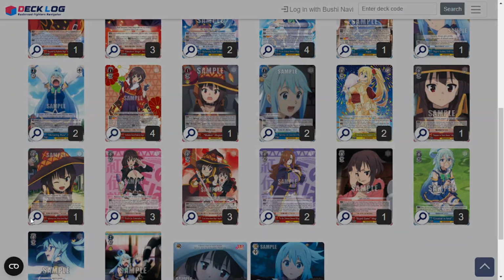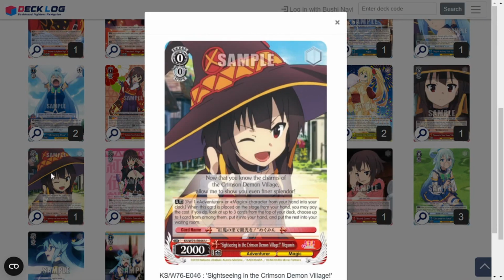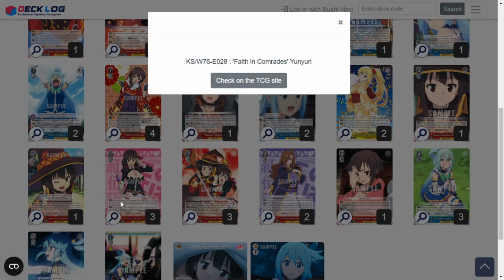Is this the same one? Nope, it's a different one. It's a 0/0/2k, Sightseeing in the Crimson Demon Village Megumin. When this is placed on stage from your hand, I thought it was like 2 different arts for a second. You get to send an adventure or magic character from your hand to your clock. If you do, look at up to 3 cards from the top of your deck and choose 1 card amongst them, add it to your hand, put the rest into your waiting room. Very nice. 3 copies of this